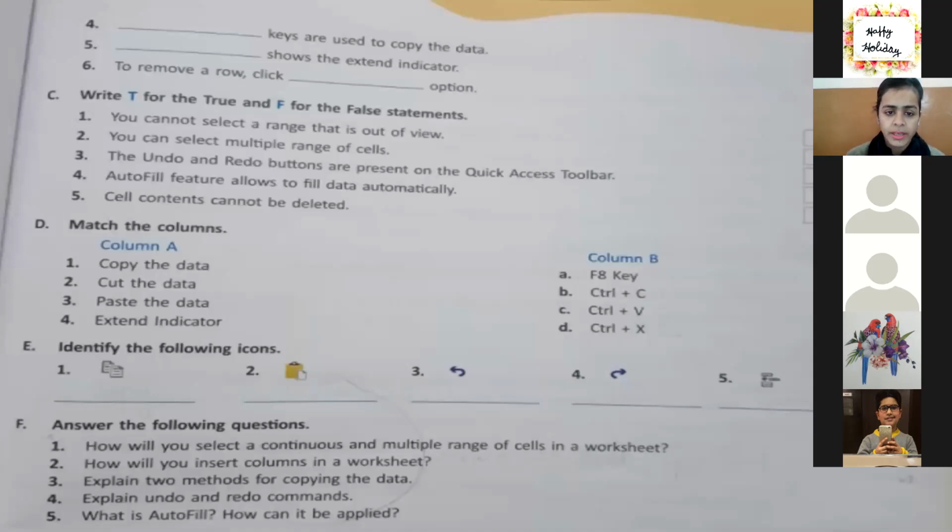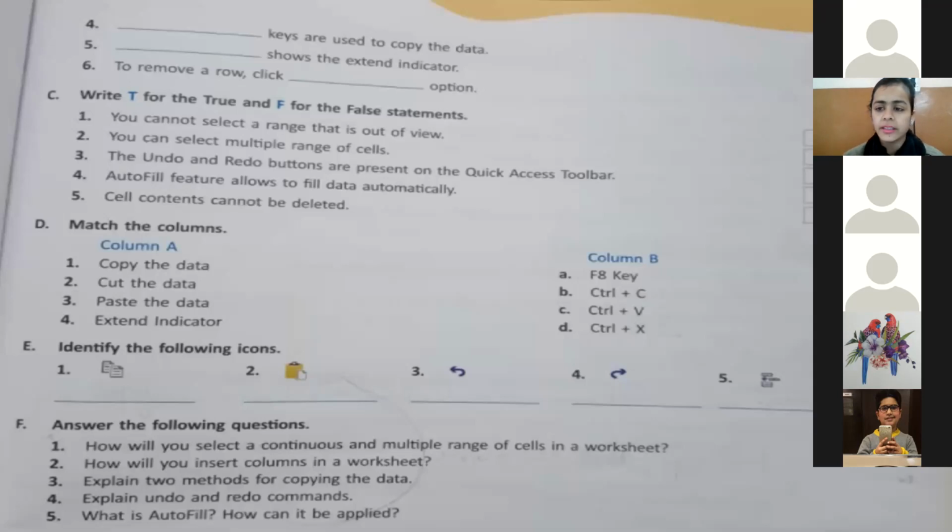Next you have is identify the following icons. All right. Let me ask the first icon from Ipsa. Yes, Ipsa. Ma'am, copy. Right. The first one is copy.